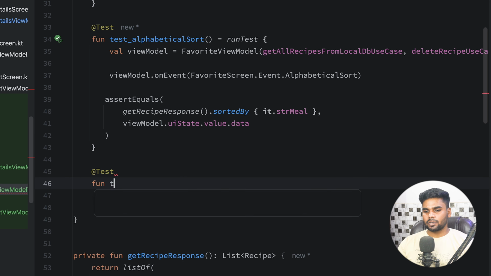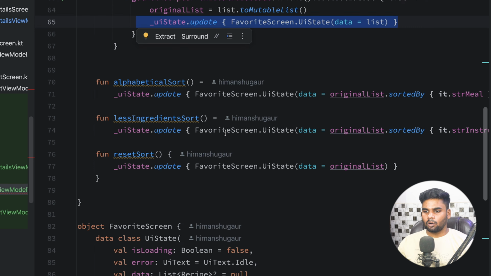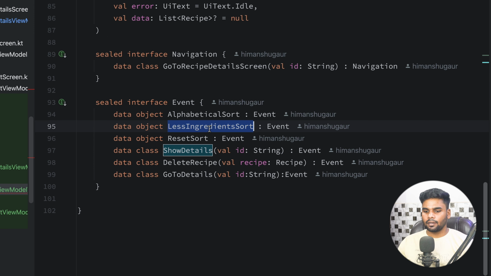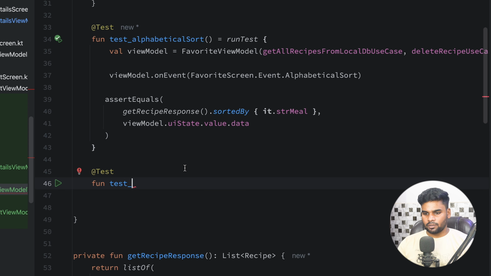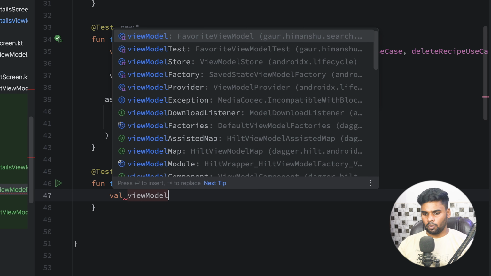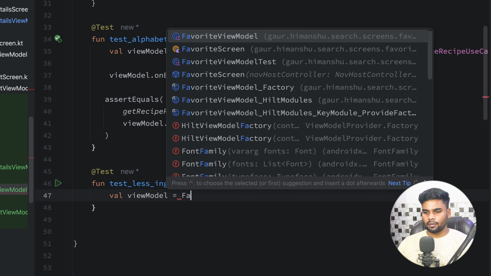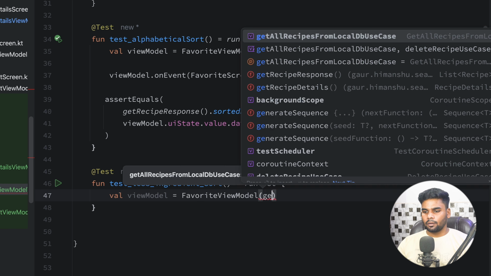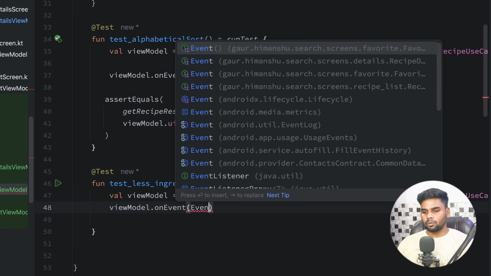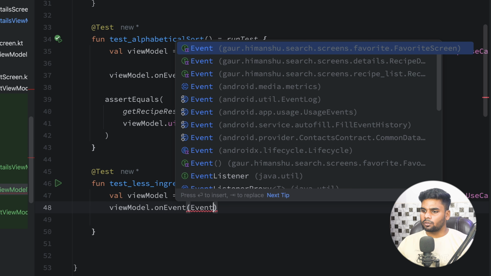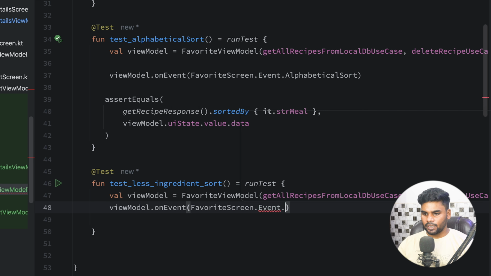Now I'm going to write another test case. This time I'm going to test my sorting order. If you go to the bottom, we have this event, and the second sorting will be based on the ingredient sort. So now I'm going to use this. Less ingredient sort run test, val view model. You can simply create your favorite view model, pass your use cases, and here I'm going to use my event. Make sure this event is coming from my favorite screen, and yes, this time I'm going to use less ingredient